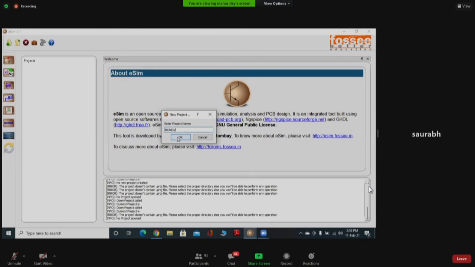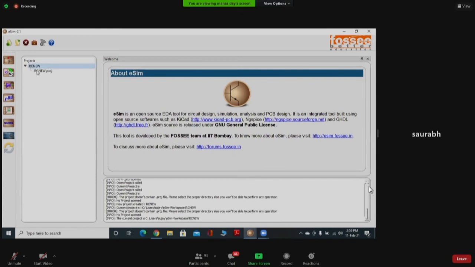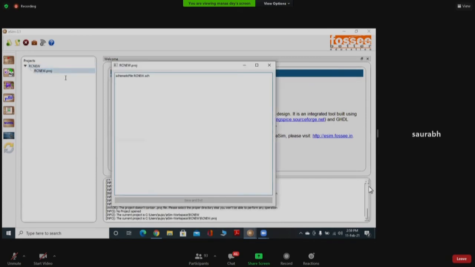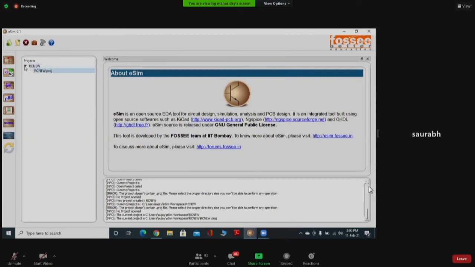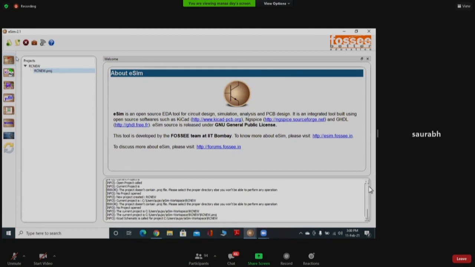Now double click on it. Click the open schematic button, not the .proj, sir. Now that you have selected the project, click on the button right next to it, on the left-hand side of your cursor. Yes, that's right. It will ask whether you want to create a schematic, then click yes.